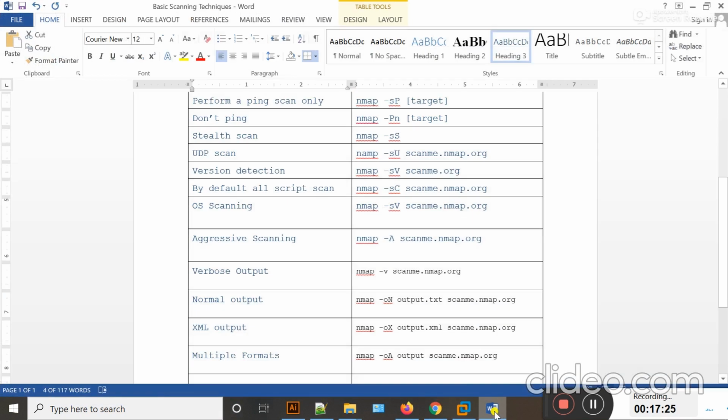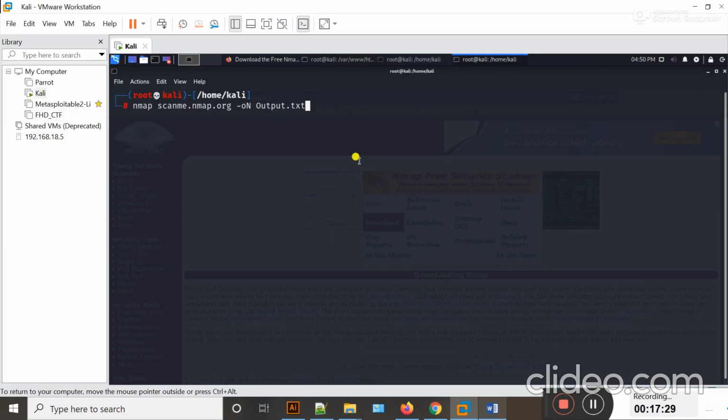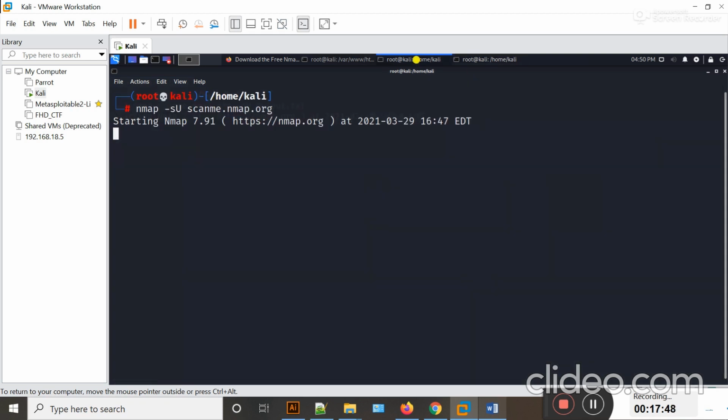This is the output file name, and then I hit enter. So guys, after scanning this host, all the results will be saved in this file in text format. The -oN switch will store the output in text format. Okay, it takes some time. Meanwhile, let's move to another scan.